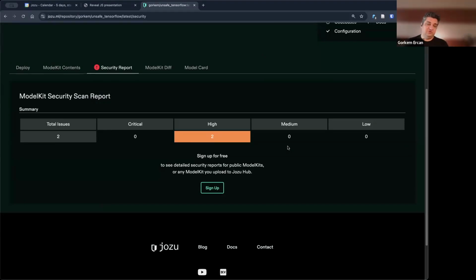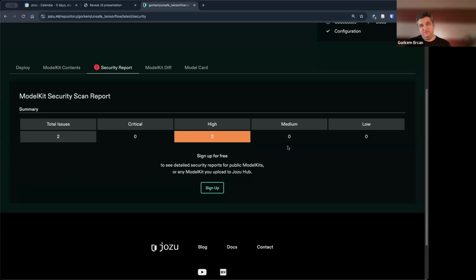So what Jozu ML does when you push a model into Jozu ML is, behind the scenes, it does scanning for code injection errors in certain model formats like pickle and so on and so forth, and then generates a report which it attaches to the ModelKit as an attestation.